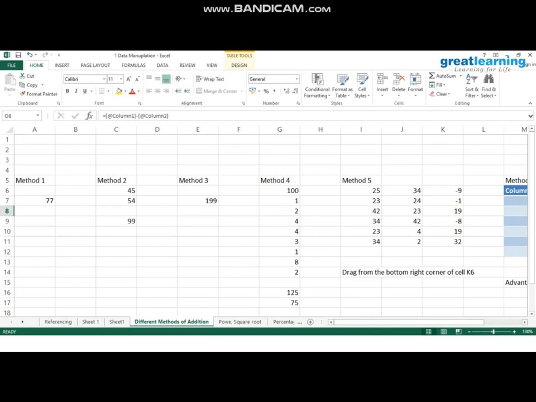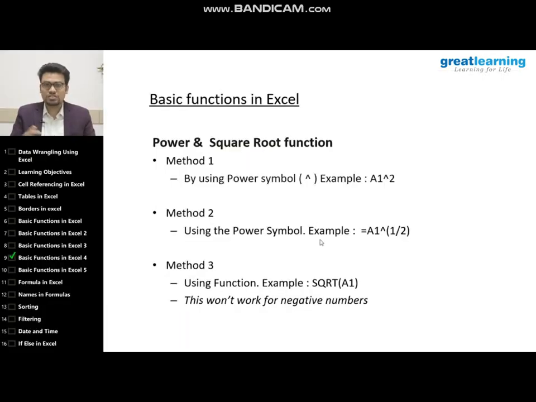So say for example, we have to calculate the power and square of some numbers. What's the symbol or sign for calculating the power? That is the caret. By using the caret in between your reference, you can see A1 over there, and since you want to calculate the square of it, you could just use 2 over there. Otherwise, if you want to calculate the root of any number which is present in your cell, you could mention that cell and give the symbol of